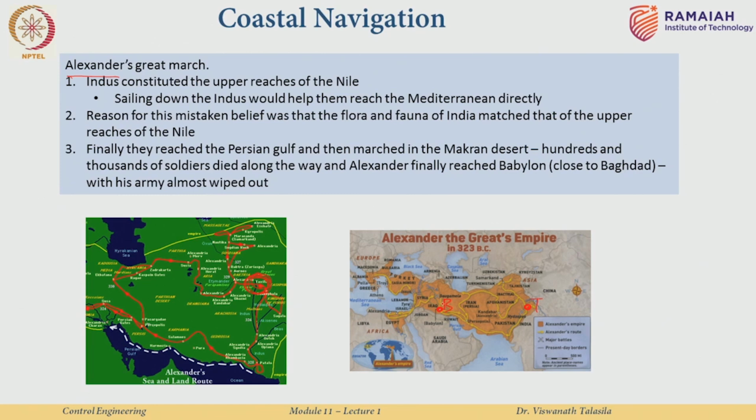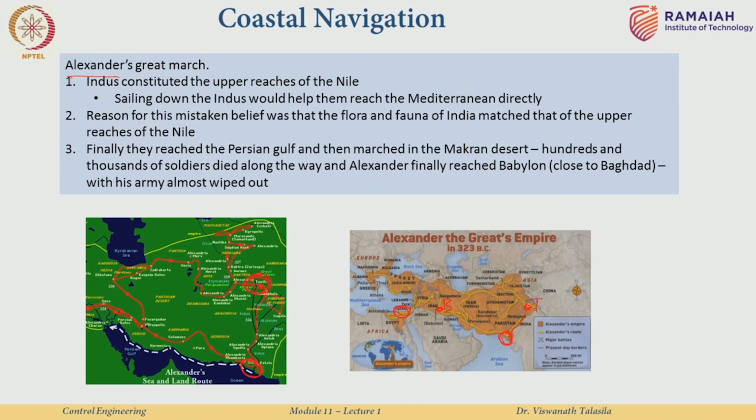or modern day Baghdad. And based on the surveys which his people had done, they believed. So, if you look at this yellow line over here, it is the Indus River. It is much more clearly visible as these blue lines in this particular chart, right. So, this is the Indus River, and what they believed is if they sailed down the Indus River and reached this coast, okay, they wrongly believed that this coast was the same as the upper reaches of the Nile, which is over here, which is much closer to Baghdad and much easier to get